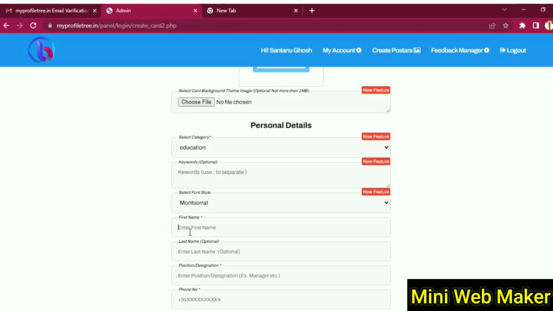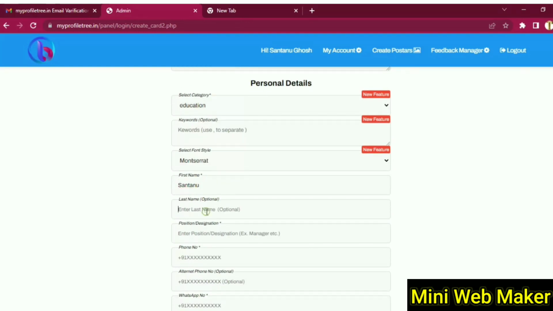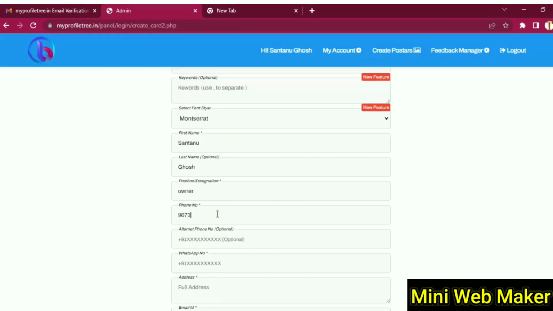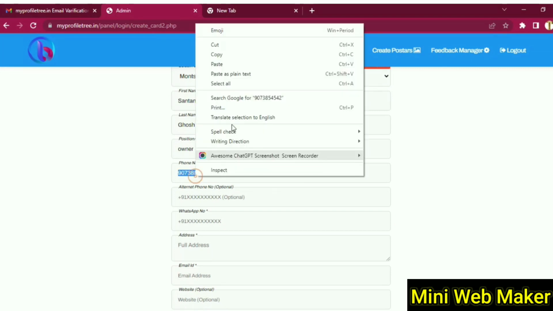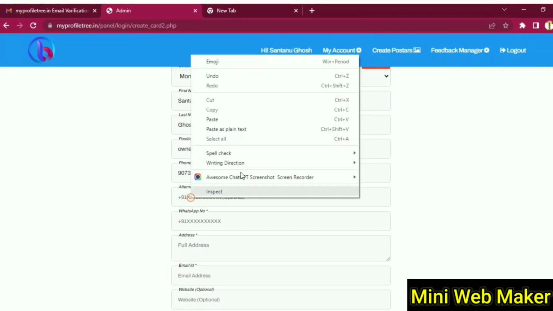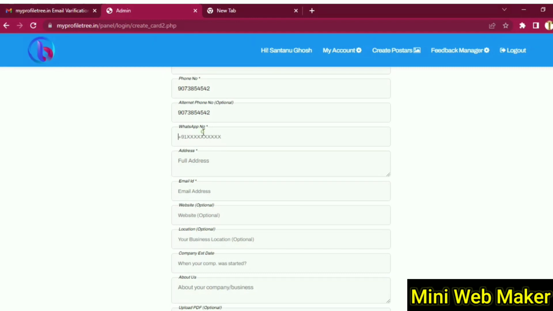And now you need to put your first name. Let me just fill up all these details. Let me quickly fill up all the details, right? I hope you understood that you need to fill up your business name, mobile number, WhatsApp number, and your business address and all these details, right? So you need to put your email address,